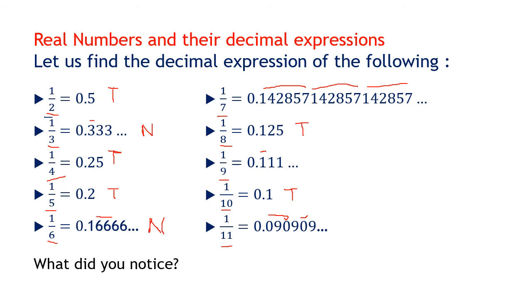So again what I have done here, I have written the P by Q form in the decimal form. So we are still doing rational numbers. All of these are rational numbers because they can be written in the P by Q form. So I formed the decimal pattern. So what did we notice here? Let us see the main points.